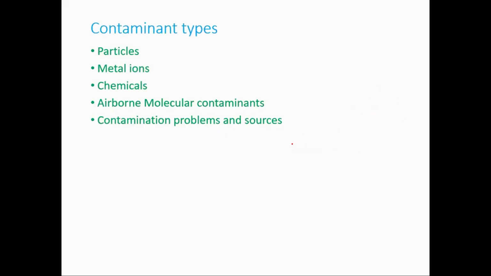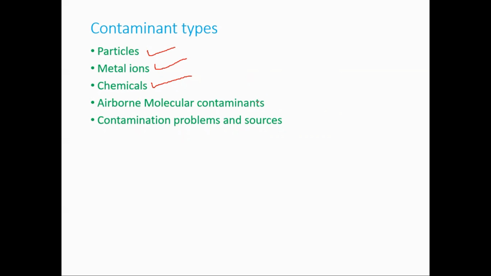So what are the various contaminant types that are giving you problems as far as fabrication is concerned? Number one contaminant is particles. It can be a dust particle or something like that. Second is metal ions from various processes. Then chemicals you are using in your day-to-day activities. If you go into the fab lab without a proper PPE kit and masks, your wafer gets exposed to these things. So you are supposed to take care of that in the clean room environment. That's why the clean room environment is very important.